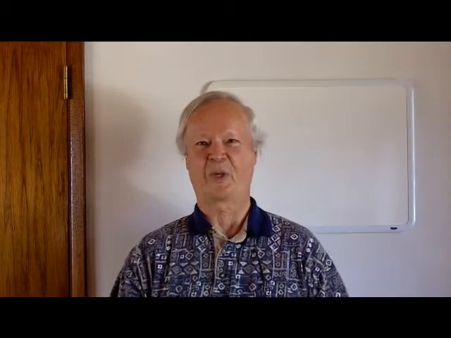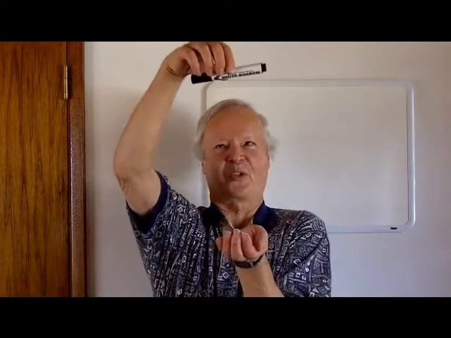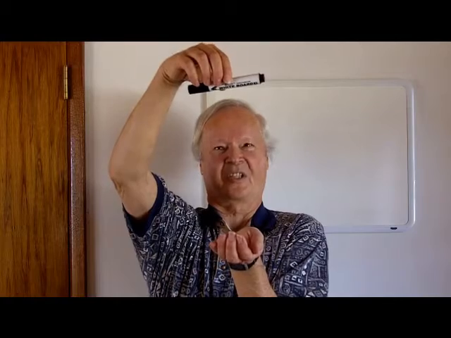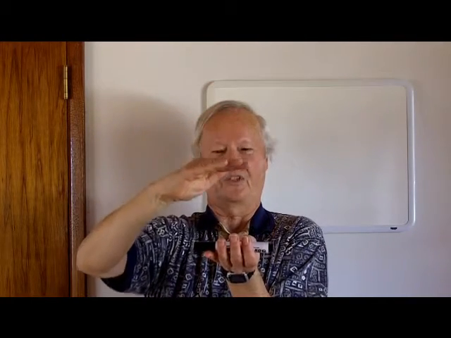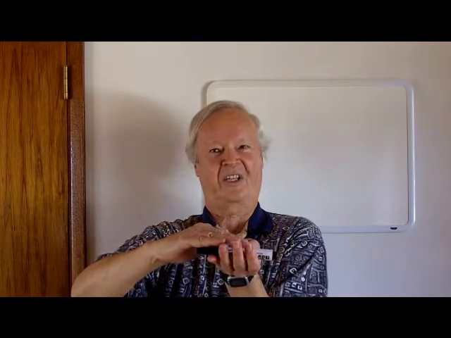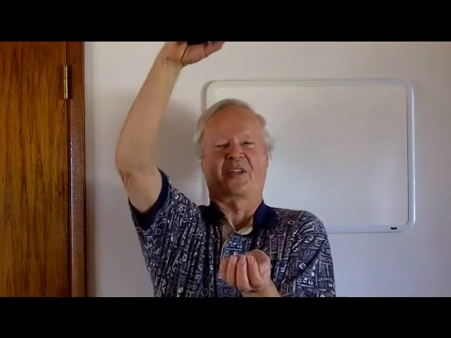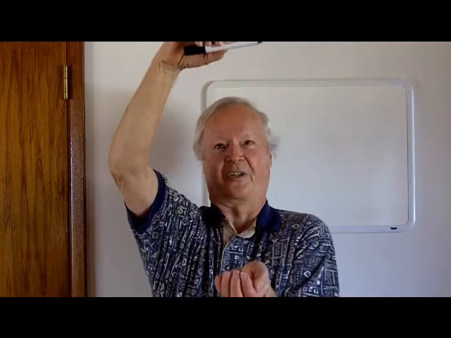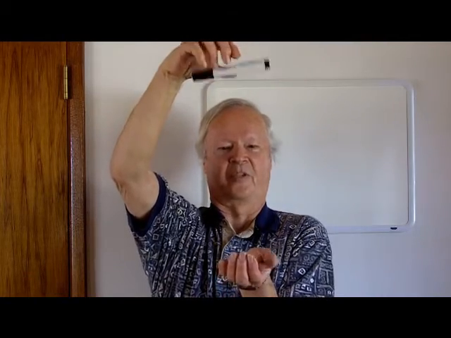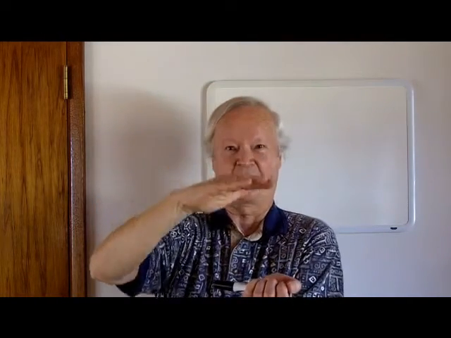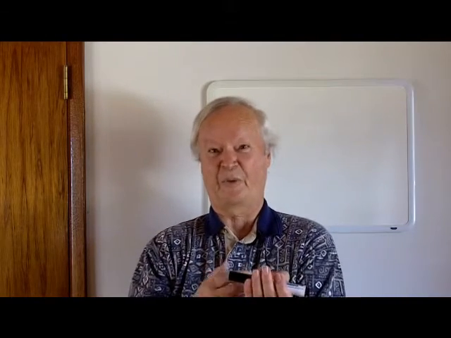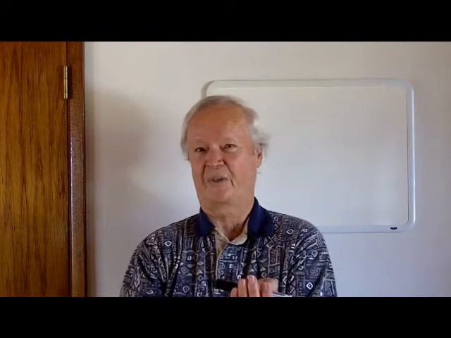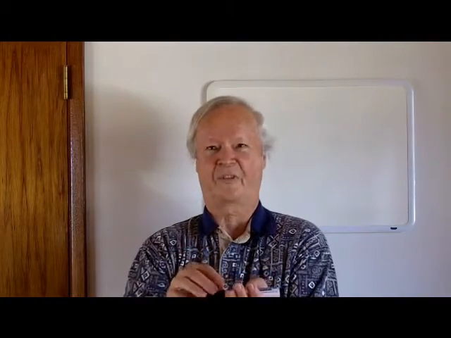Let's do a simple gravity experiment. I'm going to hold this marker and I'm going to release it and let it fall. We see that as it falls, it gains in energy of motion, or kinetic energy. When at the top, we can say it has zero kinetic energy, and when I release it, it falls, and as it falls, it gains in kinetic energy. Now, where did that energy come from? We know that energy can't be created or destroyed, so where did that come from?